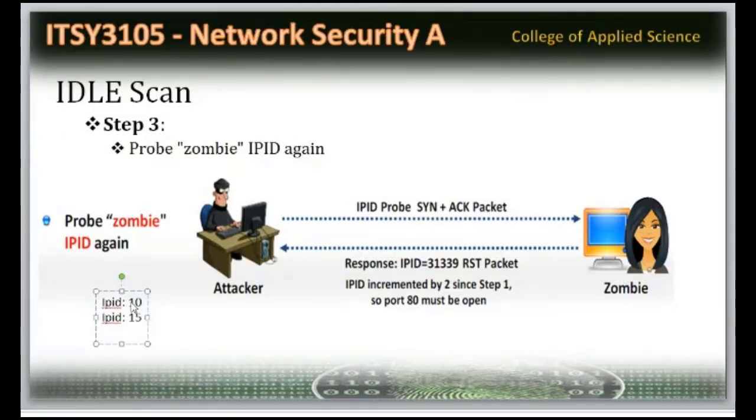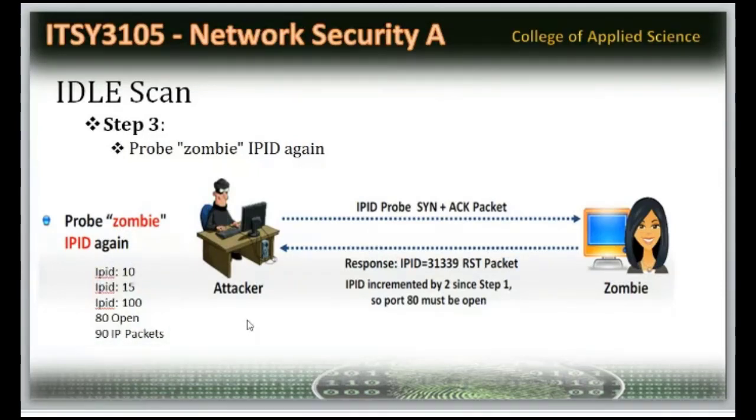Then after some time, after 1 hour or 2 hours, I'm going to do the same thing. I'm giving the sync plus acknowledgement here. I'm getting the reply. Now the reply IP ID is going to be, let it be 100. So what I understood from this is that your port number 80 is completely open, and so far you have sent 90 IP packets from your machine, starting from 10 to 100. So you have delivered 90 IP packets so far. I got the information from you.